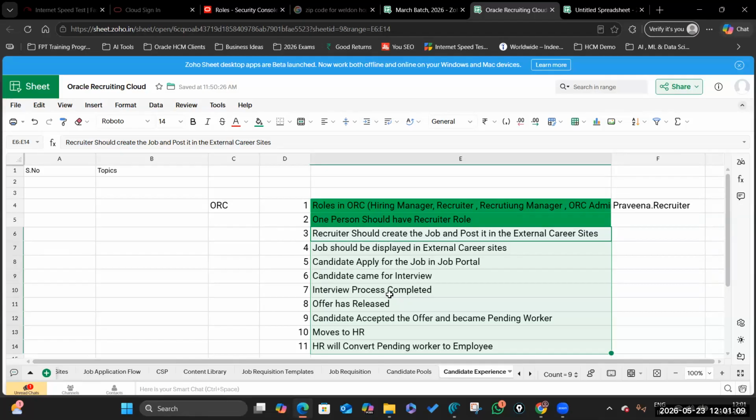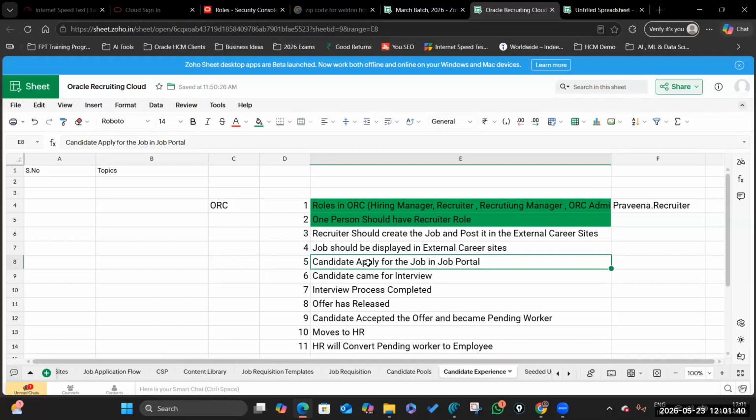If we are able to do this one, we can complete 70% of the entire end-to-end flow of Oracle Recruiting Cloud. 70% of the complete flow will be covered in the end-to-end life cycle of the candidate experience, because from the beginning we are doing it till the end of accepting and converting that candidate to an employee, and from there it will go to the Global HR module. So that's the reason today we will cover till, let us take,